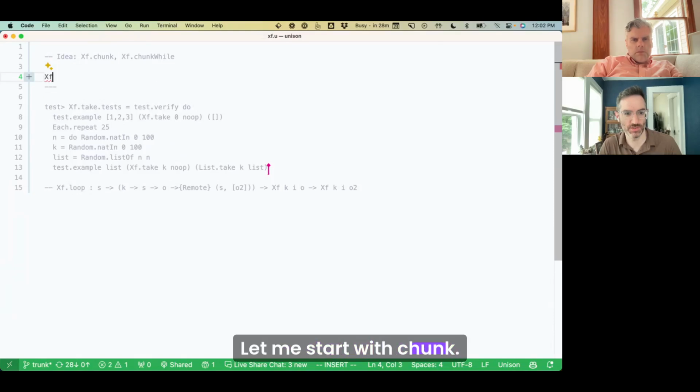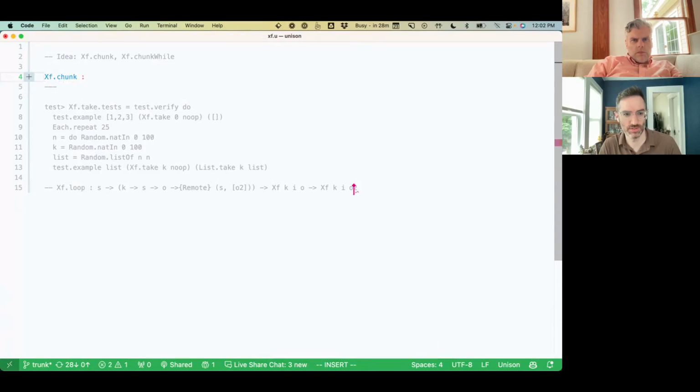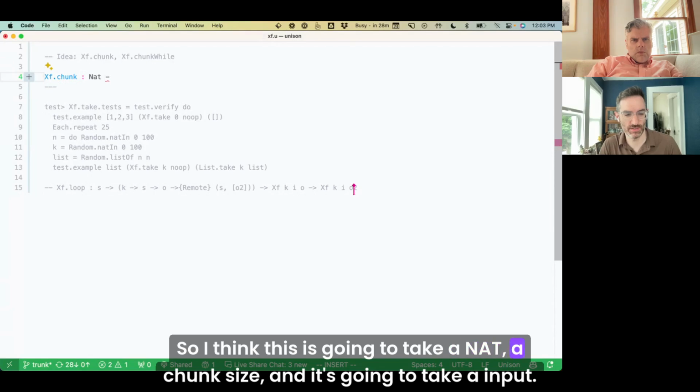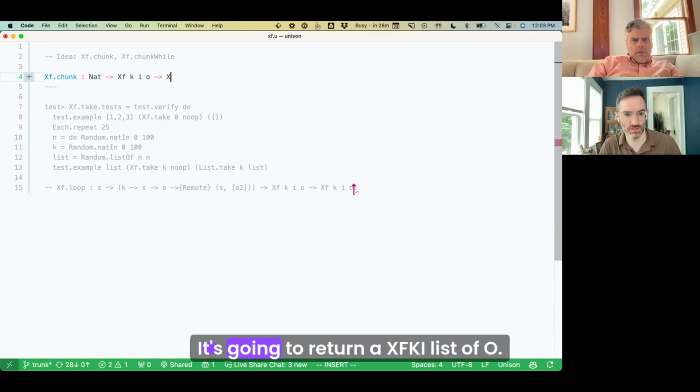Let me start with chunk. Easy enough too. So I think this is going to take a nat chunk size, and it's going to take an input. It's going to return an xf k I list above.